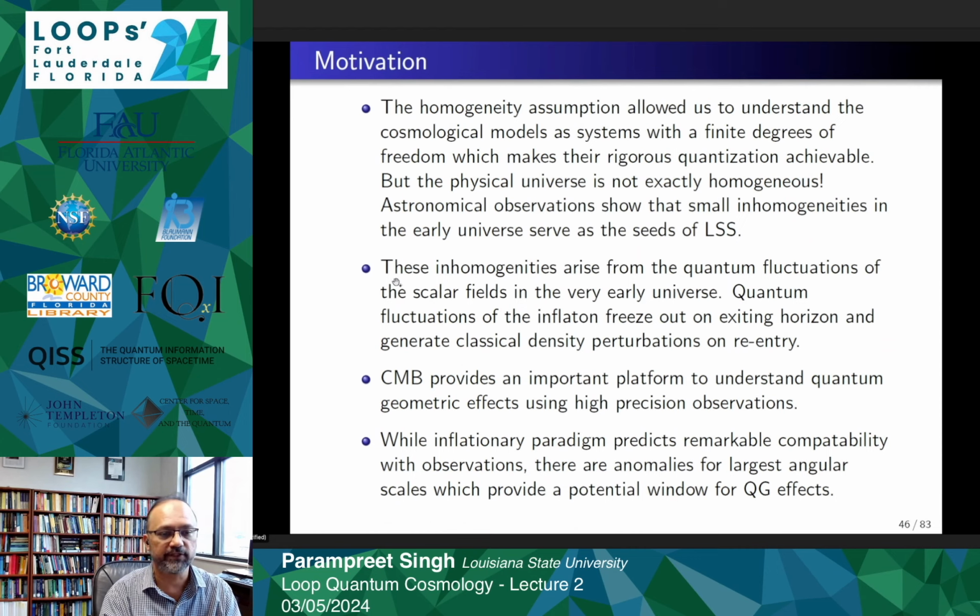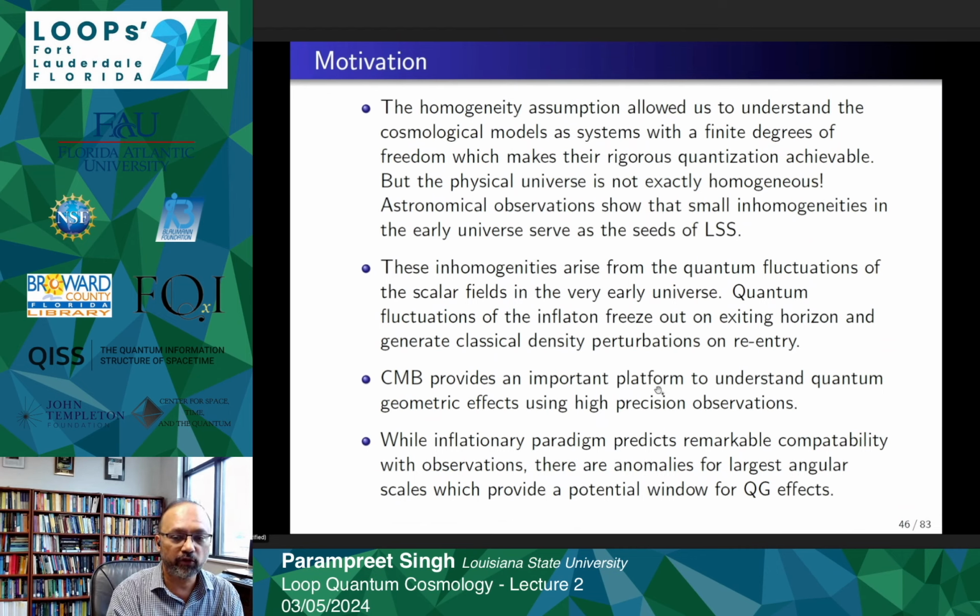So what is the motivation for this part? We have seen that the homogeneity assumption allowed us to understand the cosmological models as systems with finite degrees of freedom, but the physical universe is not exactly homogeneous. And we know that astronomical observations show that small inhomogeneities in the very early universe serve as the seeds of the large-scale structure. As I discussed earlier, these inhomogeneities arise from quantum fluctuations of the scalar fields in the very early universe. And the quantum fluctuations of the inflaton actually freeze out on exiting the horizon. And then when they re-enter, they generate classical density perturbations, and then they are mapped onto the cosmic microwave background,